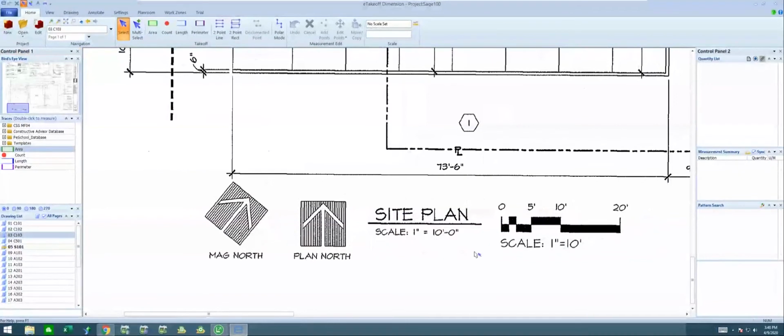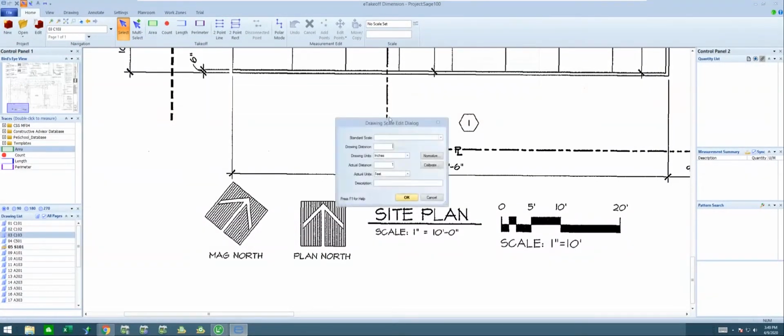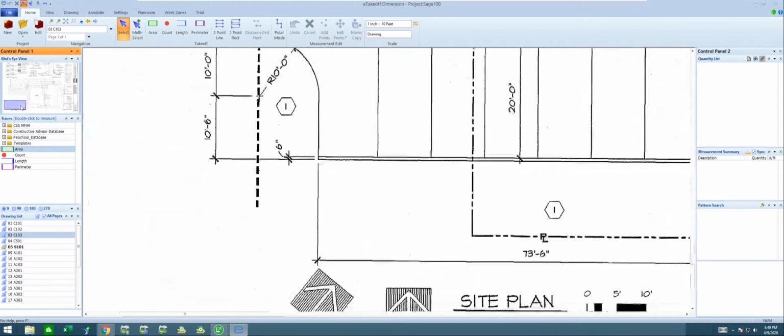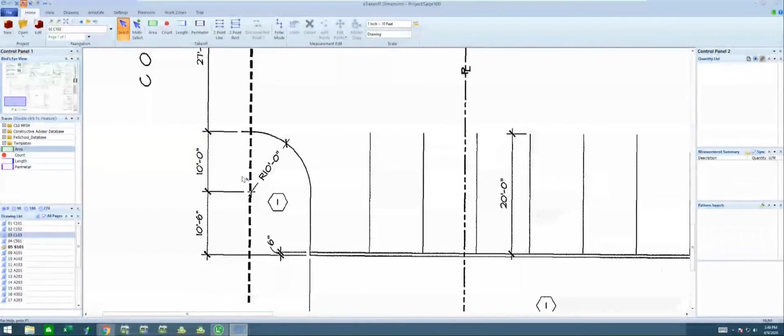And it looks like in this case we've got a 10th inch scale. So I'm going to go off to my scale. 1 inch is 10 feet. And move that back up so I don't have to zoom in and zoom out very much. Maybe I'll take a look at this one to start with.